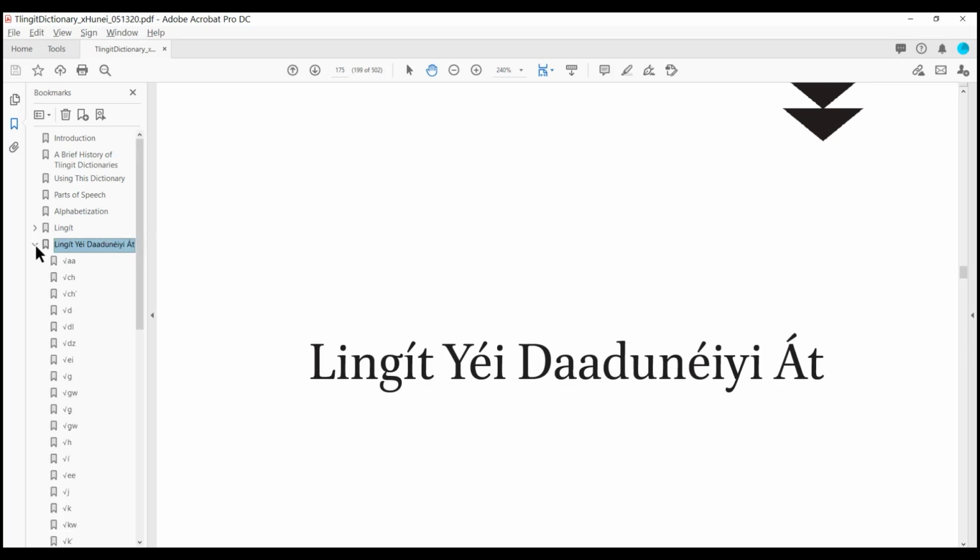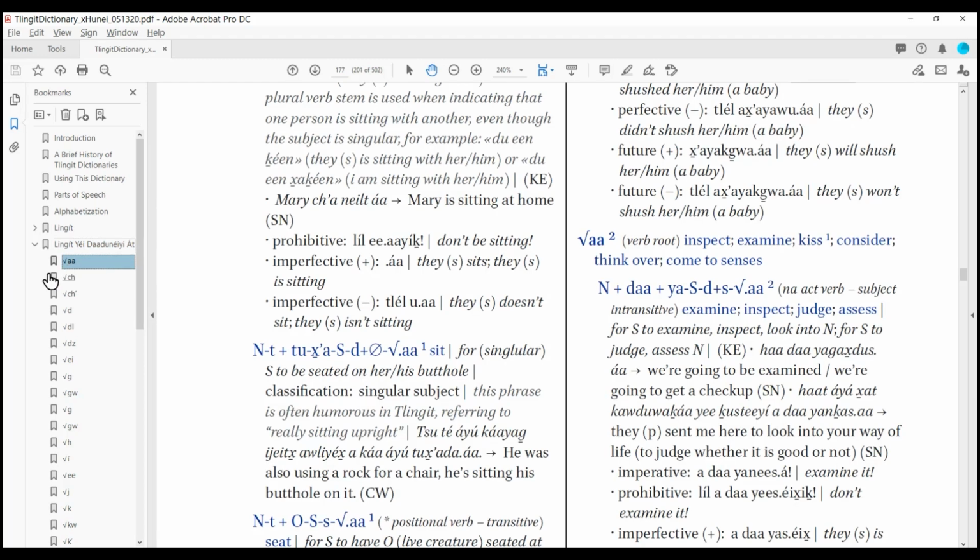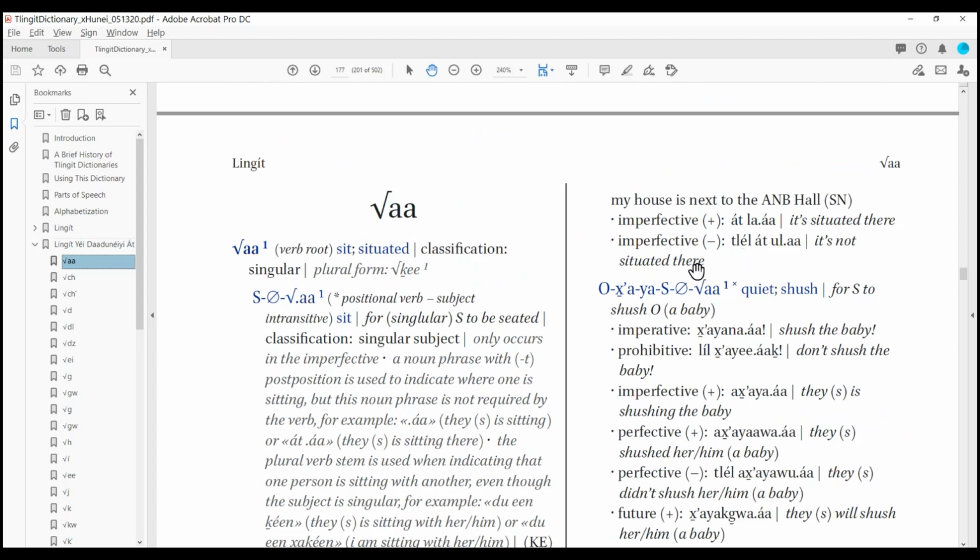So if we hit the arrow next to it, we can see that it reveals a group of bookmarks available to us, and you can tell that these are verbs and stems because it has that square root symbol next to it. So if I select that bookmark, it takes us to the head of the entries that start with the letter AA. So I'm going to go ahead and collapse that group, and then we'll go down to the